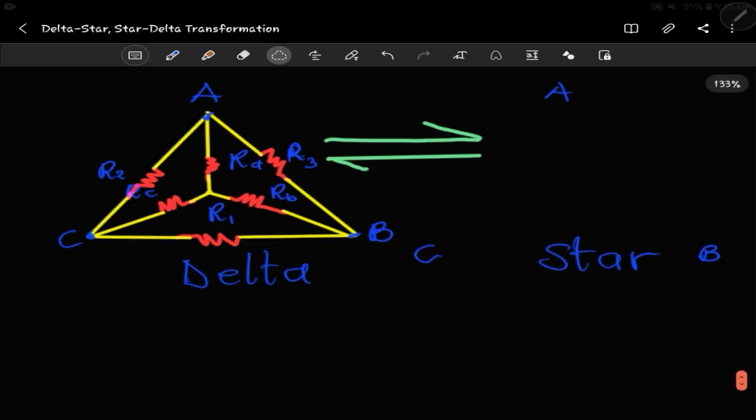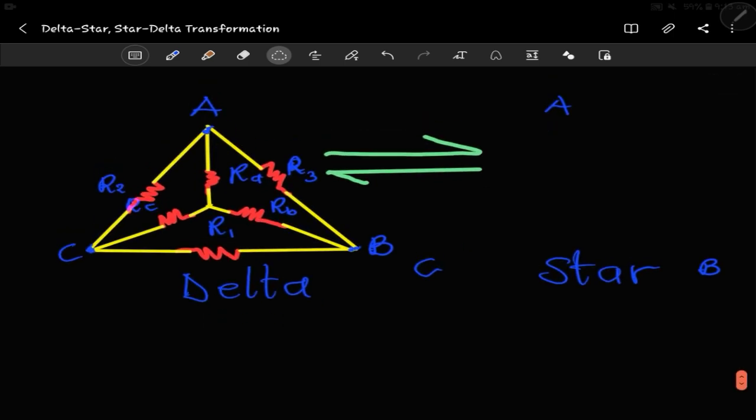Okay, so what the whole transformation is saying is that if you are trying to find, let's say, the resistor R1, right? Okay, so now let's do from delta to star first. So from the diagram you can clearly see that the star is within the delta. So one conversion you can keep in mind to make your solving easier is that the delta, let's see, not necessarily in anything, but